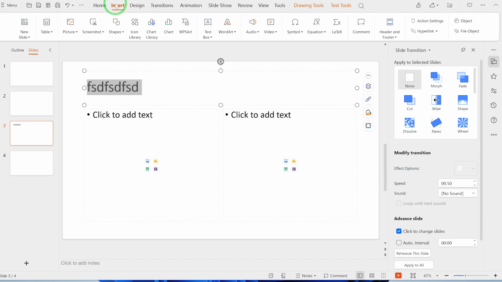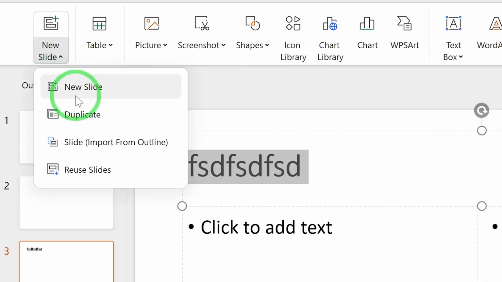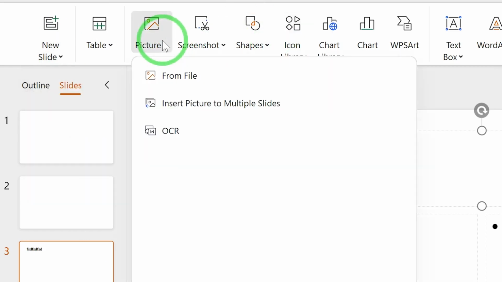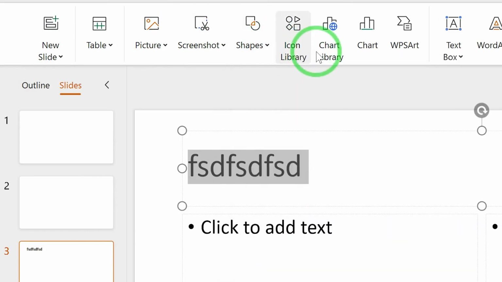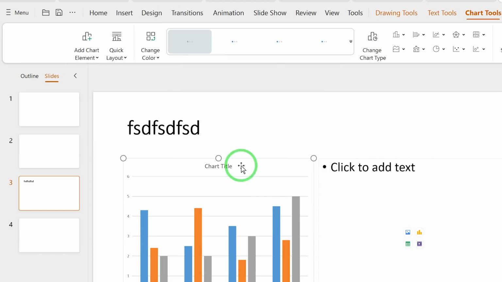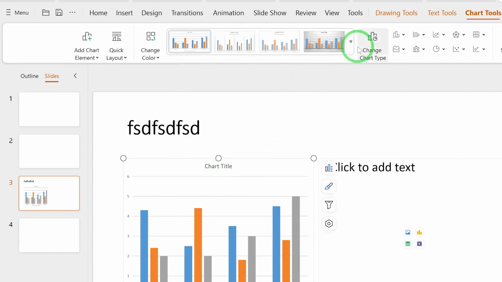You can insert different things from screenshots to pictures to image tables and to slides. Also, if you have any slide somewhere, you can insert a new slide, or you can duplicate a slide or reuse slides if you're interested. And then you can insert pictures from your computer. You can insert different shapes like we've explained. You can insert charts of different types according to your choice, and insert them directly with just one click, and